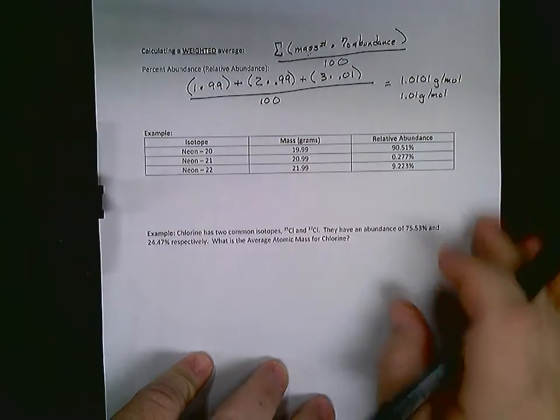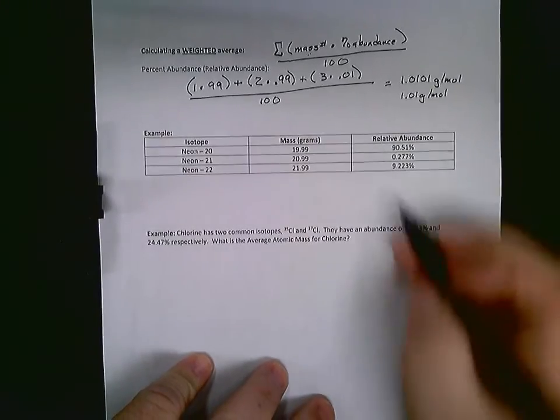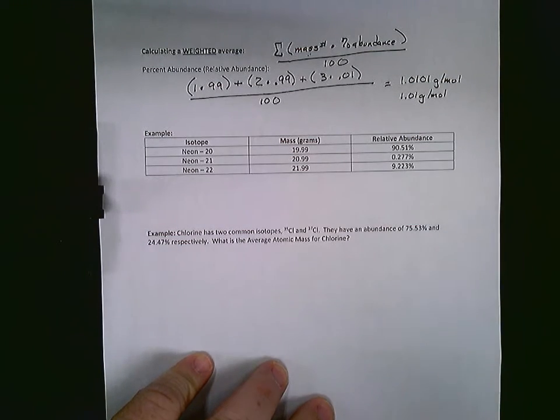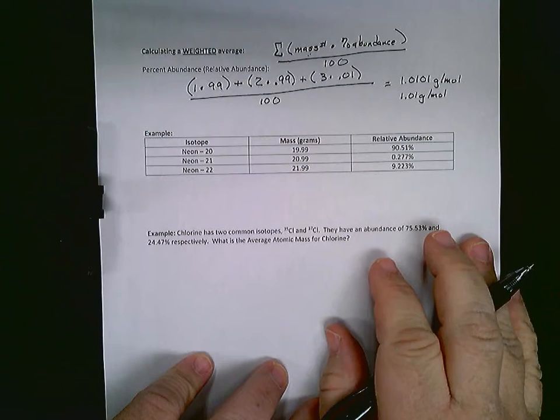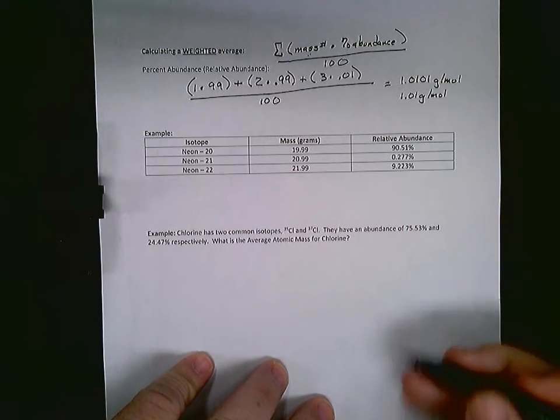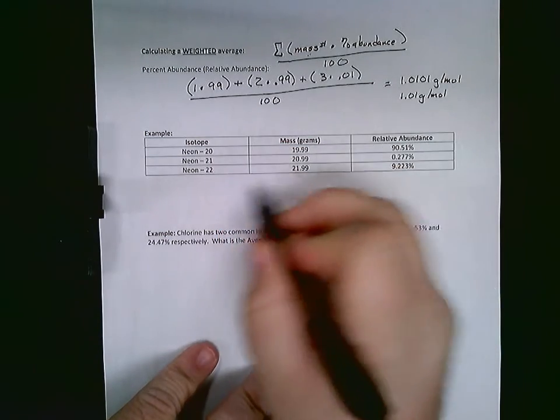Here, you're given a chart. You've got every single isotope, the masses, and the relative abundance. You've got everything you need to calculate the average atomic mass in a nice chart. We love it when it's like this because we don't have to do any extra work. All right? So we have 3 isotopes, so that means we're going to take our mass for the first one,